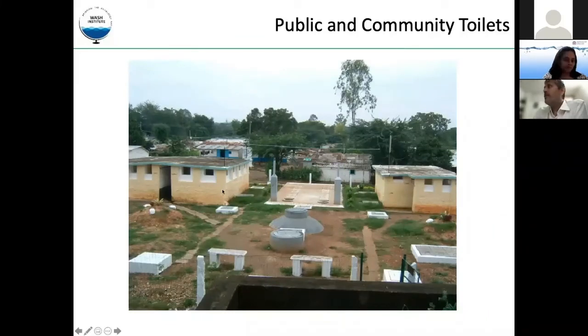Of course, in slum areas, wherever there is a community toilet or a public toilet, in these places also this facility can be used. And this is a particular case in Karnataka, where the waste is being treated and the biogas is being generated, and this biogas is used for heating the water for bathing purposes. So the operator sells this water at 5 rupees a bucket, as hot water for the community, whoever uses this facility.